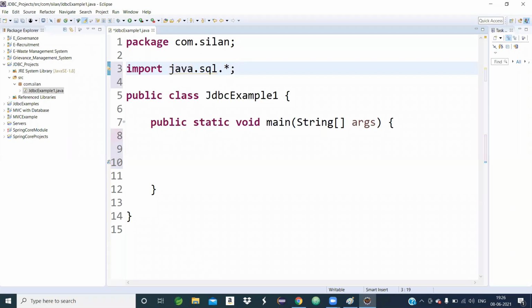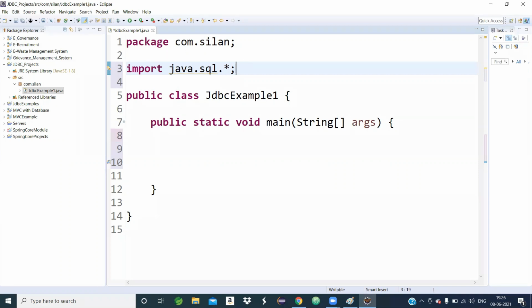Remember, java.sql is the package name, and star means all classes and interfaces present in the java.sql package. We will use those classes and interfaces, which contain built-in methods, for the development of a JDBC application.